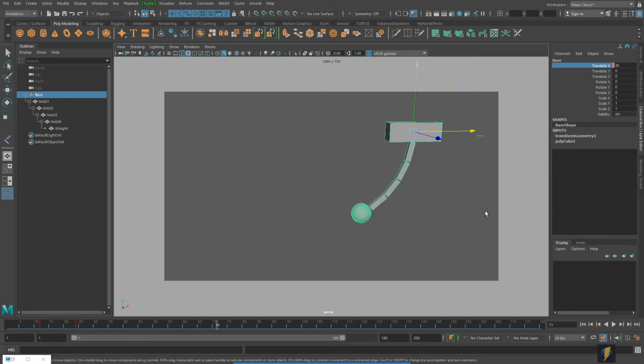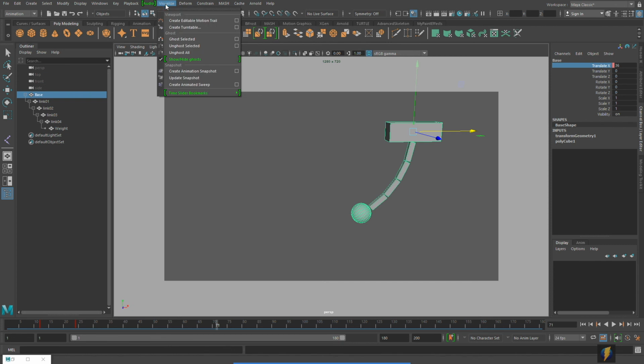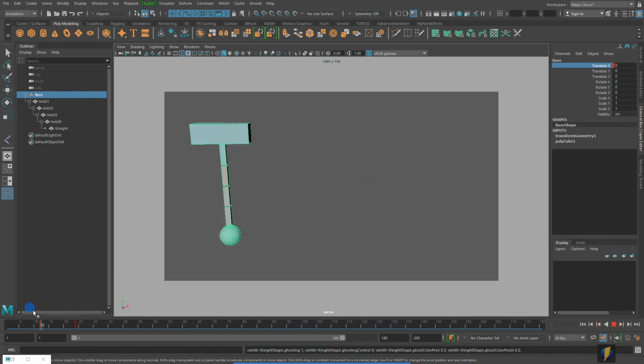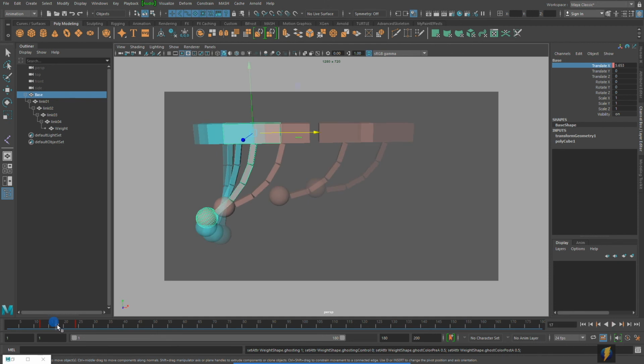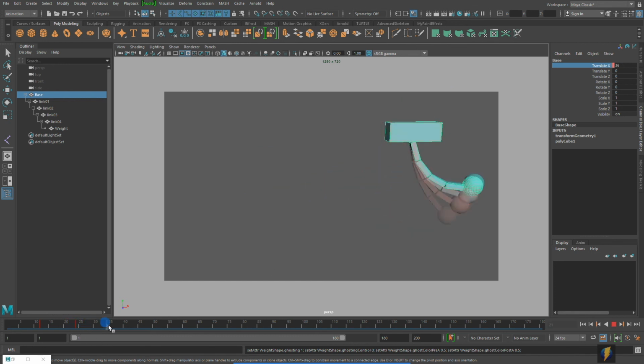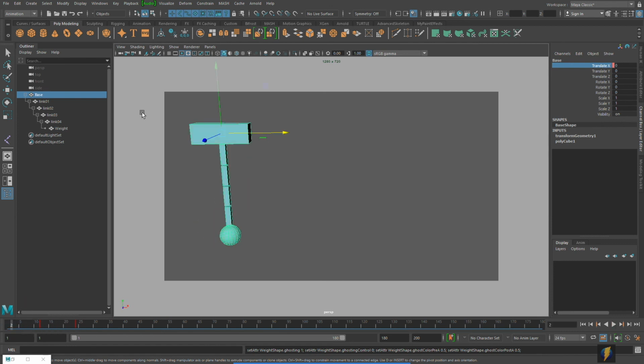In fact, if we select this and we go back to our visualize and ghost it, you'll notice as I scrub in my timeline that it's not moving very far initially. Here, it's moving a great distance because it's moving very quickly, so it's covering more distance over fewer frames. And then here we get that extreme slow in. I'm going to unghost that